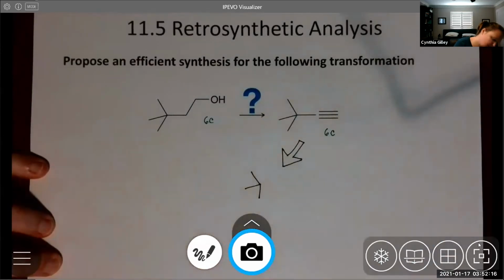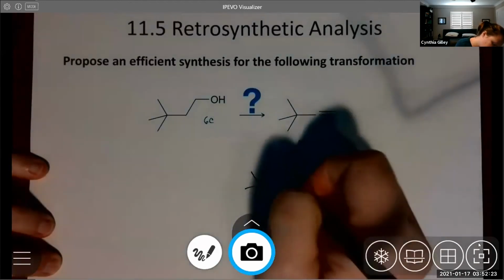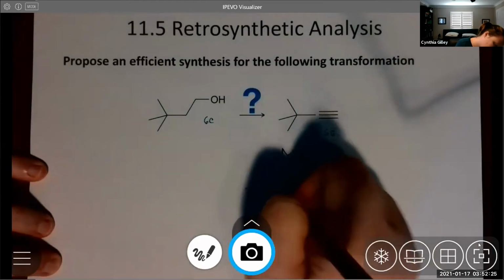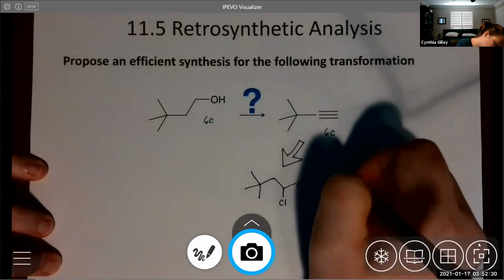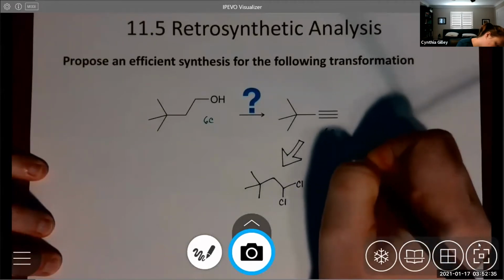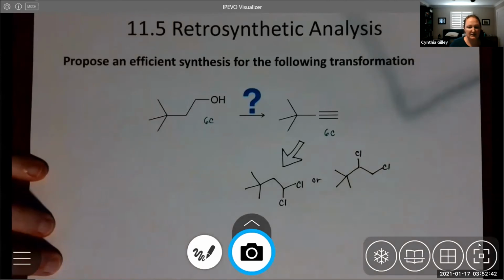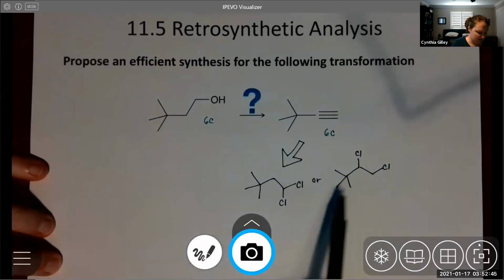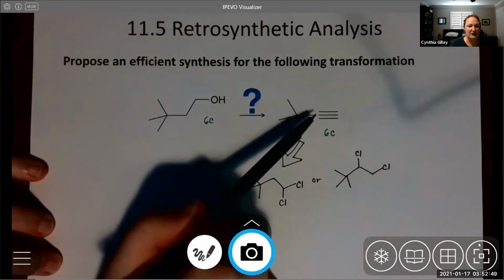To make a triple bond, we can do a double elimination from either a geminal or a vicinal dihalide. So I'm going to put even some choices here. I have chlorines. They could be attached to the same carbon, which we call geminal, or they could be attached to adjacent carbons, which we call vicinal. One of these two will allow me to do a double elimination to get to